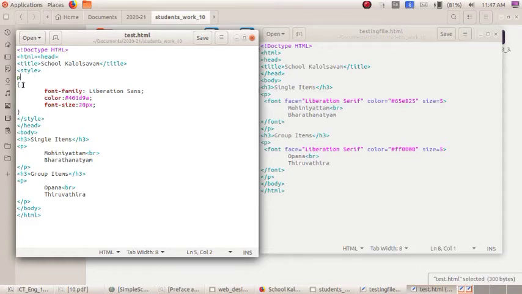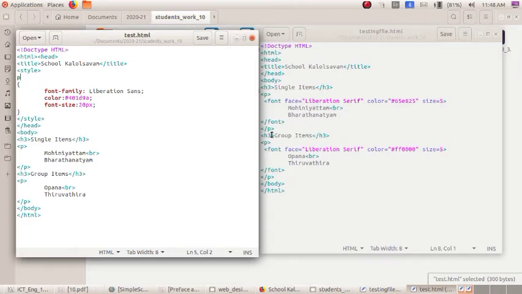So what is the syntax or format for a cascading style sheet? Open it with an angular bracket and give the name as style, then close that. Then I have given the name P because this is under the paragraph tag.